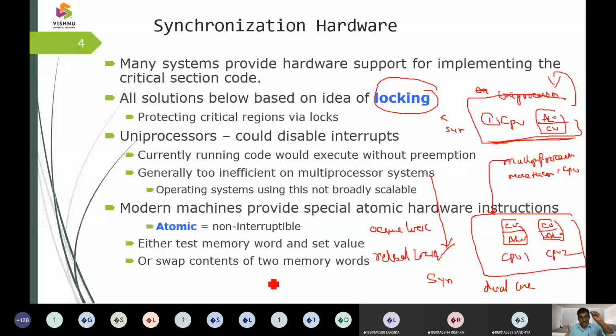So the synchronization hardware is going to adopt a strategy of locking, and that locking is going to be preserved with two status contents. One, we are going to say it as atomicity, and that is acquiring a lock, and once the shared variables are acquired over the lock, it uses those elements, and after that it releases them. So it preserves what is called atomicity.